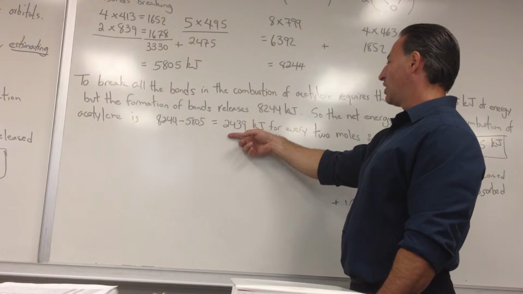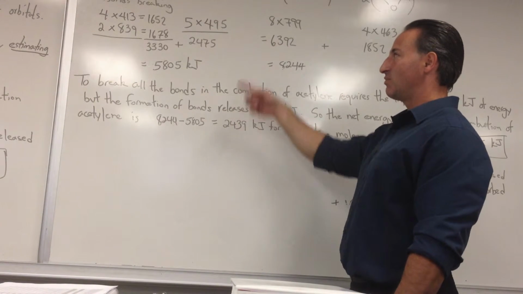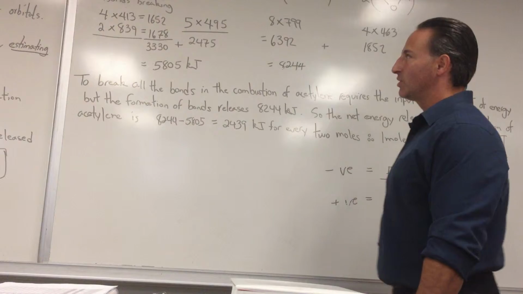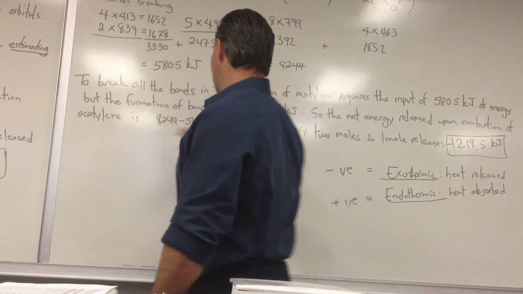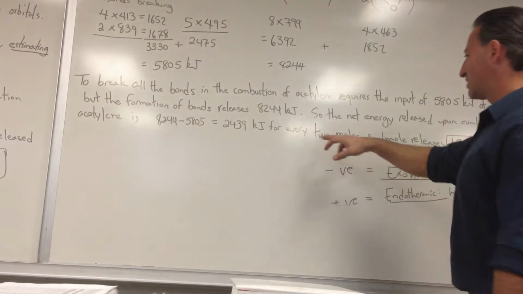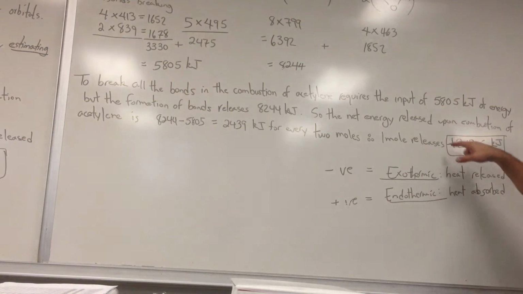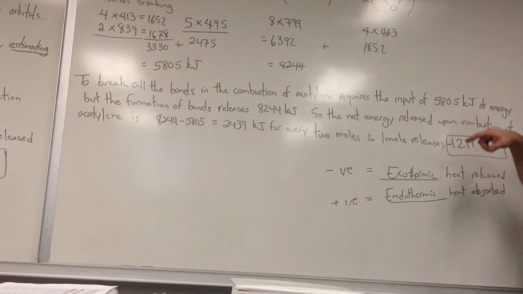2,439 kilojoules of energy is released for every 2 moles of molecule of acetylene that's broken. You see there's a 2 here, so we have to say that's for 2 moles of molecules. So if I divide this number by 2, I'll find out what it is for 1 mole. So for every 1 mole of acetylene that's burned, we get roughly 1,219 kilojoules of energy being released according to